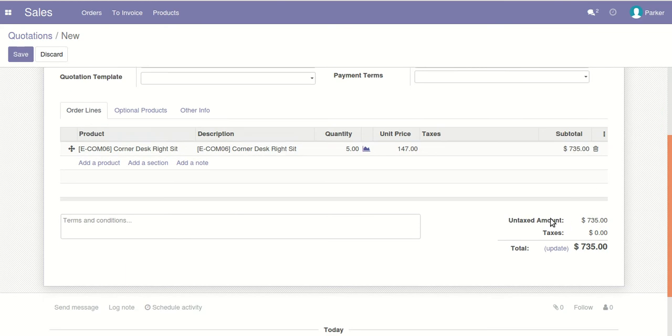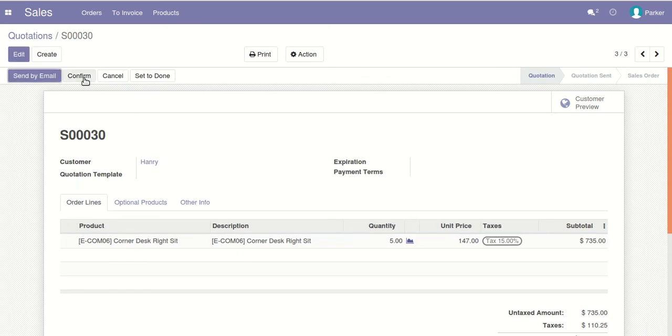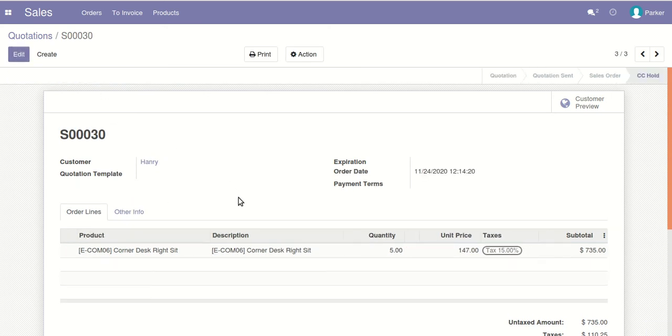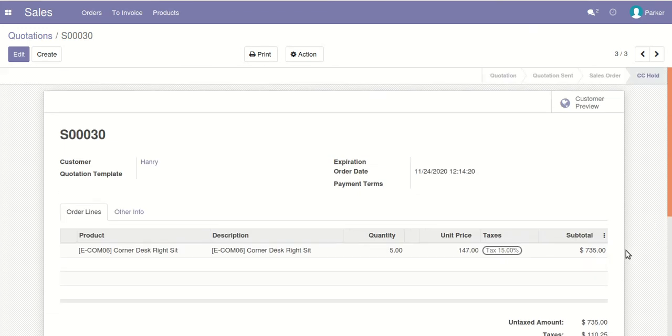Okay, all right, and confirm it. As you can see, it has gone to CC hold stage, because the total credit is not yet available, or is only partially available, for this particular customer, so it has gone to CC